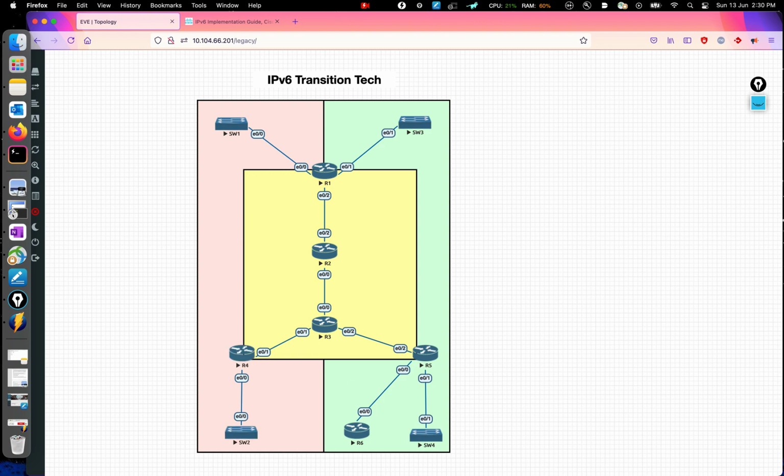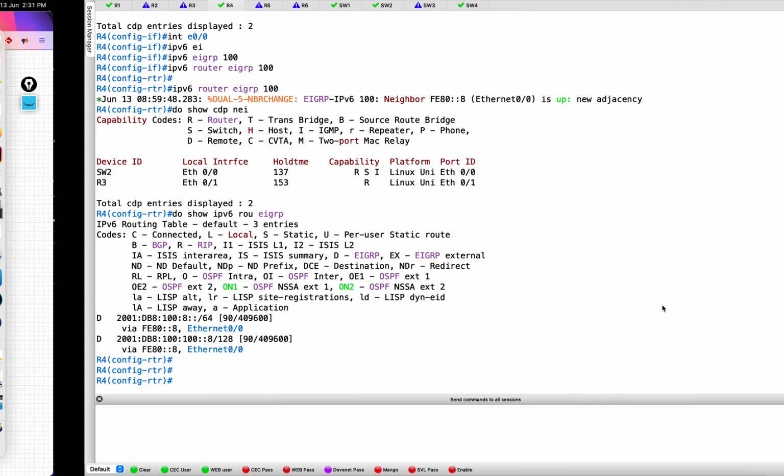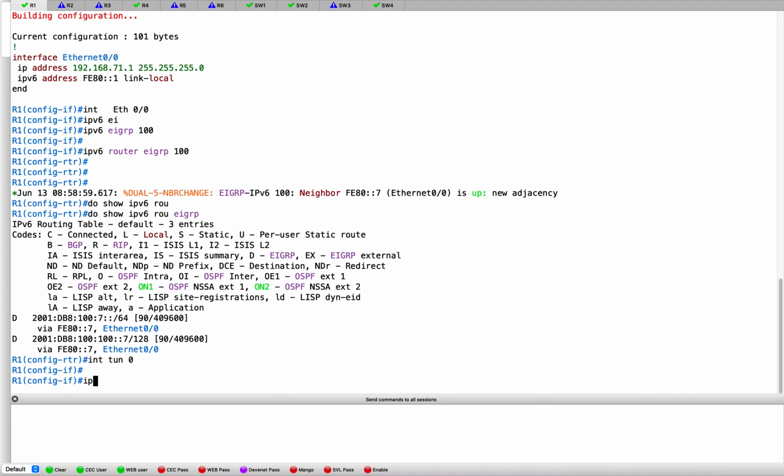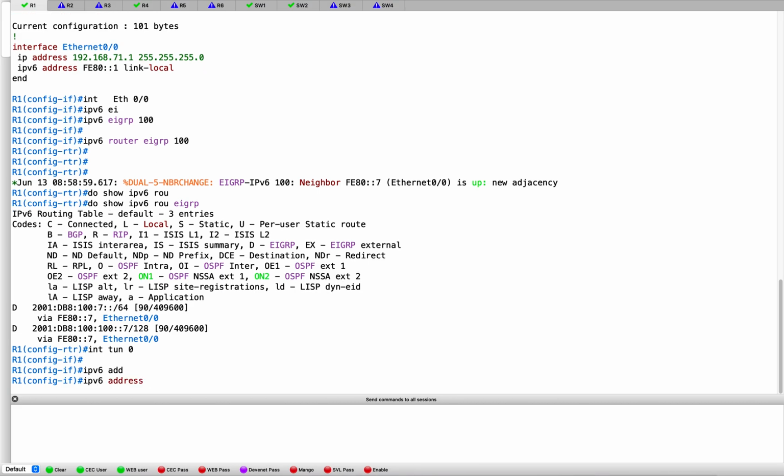What is the next step? The next step is obviously the tunnel. On this R1, we have just created the tunnel, but we don't have anything on it. So let's come back here. I'm going to say tunnel 0, and in this tunnel, let's put an IPv6 address. I'm going to say IPv6 address 2001:DB8:100:200::1, because it is R1,